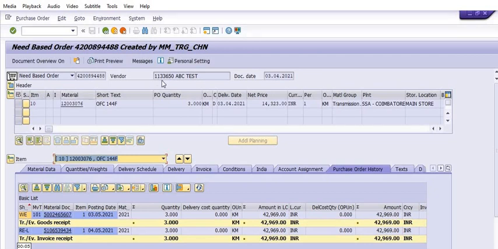We have created a purchase order of this 144 fiber of 3 kilometer quantity. We have ordered this purchase order from a vendor. The vendor had supplied this quantity and the vendor had also supplied the bill. We have successfully completed the invoice verification.